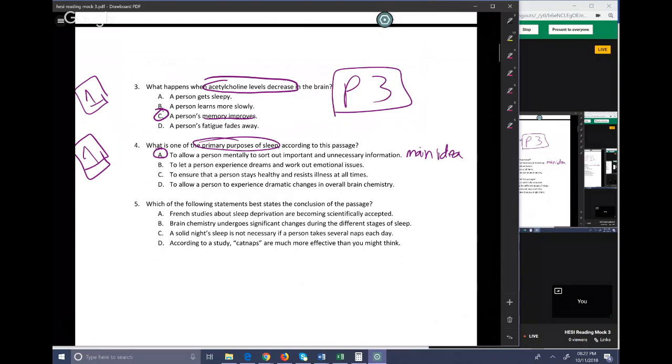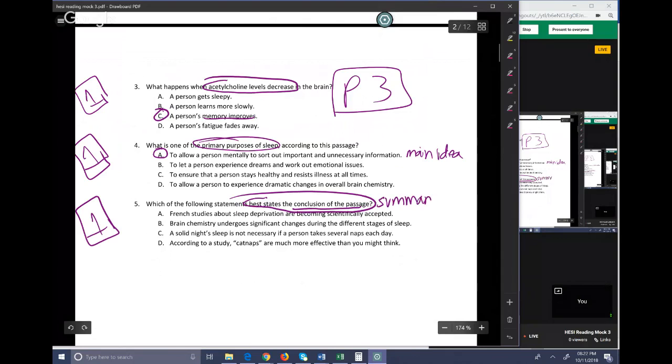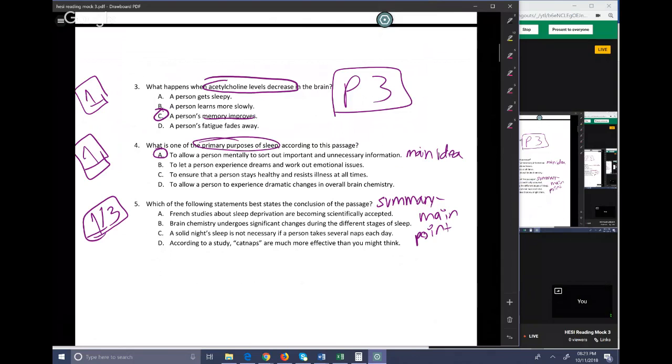Number 5 says, which of the following statements best states the conclusion of the passage? Again, twice in a row with these questions, they kind of tricked you here. It's not asking conclusion like you normally see it in class, which would be a logical conclusion. This is not a logical conclusion question. It's not an inference question. What it's asking is to state the conclusion of the passage. And that's another way of essentially asking you for the summary and/or a combination of the summary and the main point. So I guess you could say this is mostly reading 1, because really you're going to answer this because you used the critical strategy and you know what point the author ultimately was trying to make.